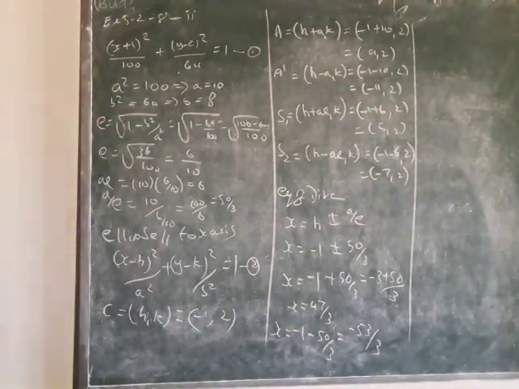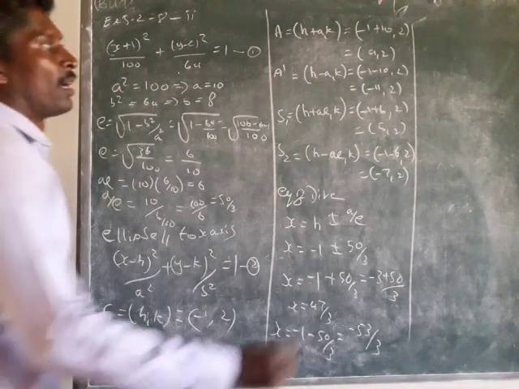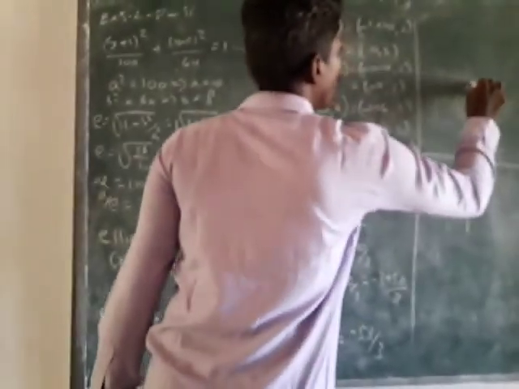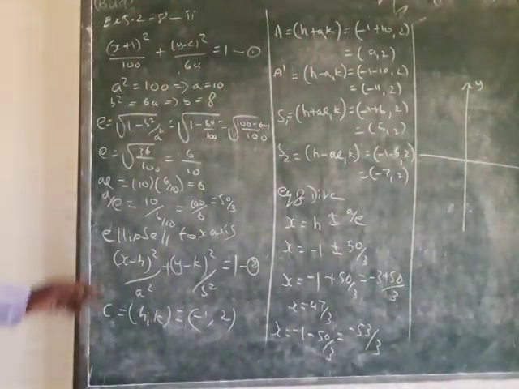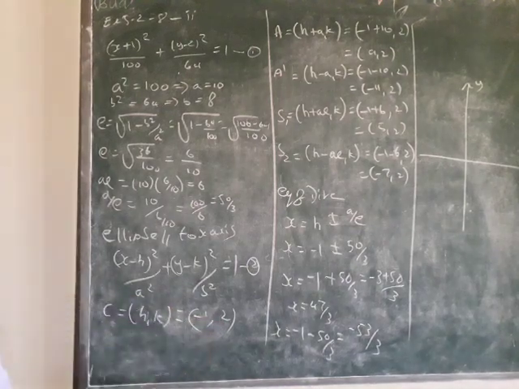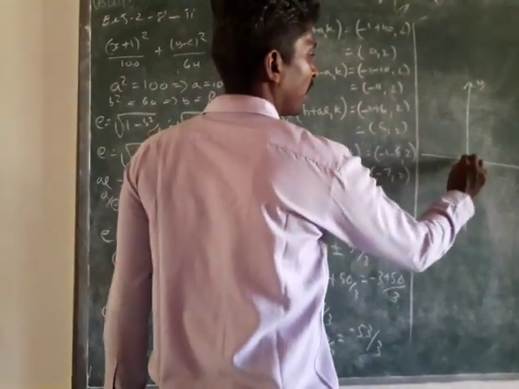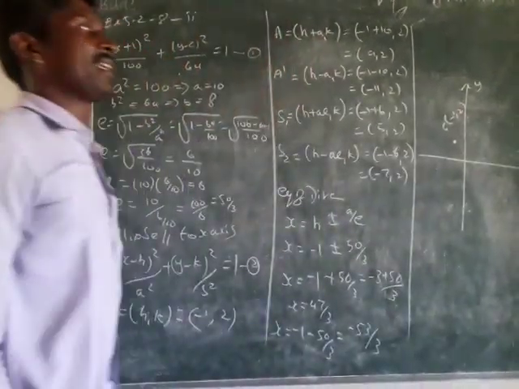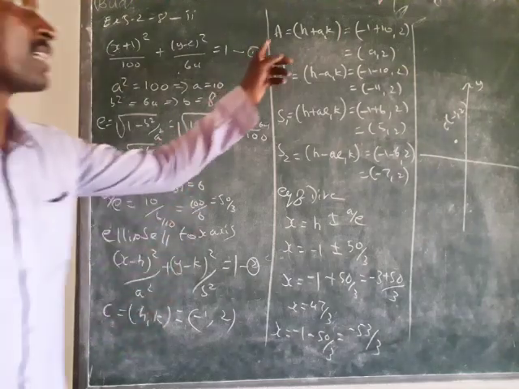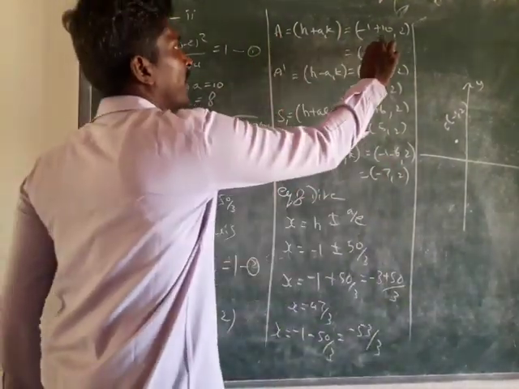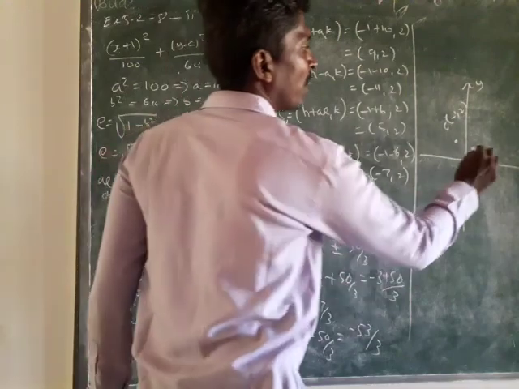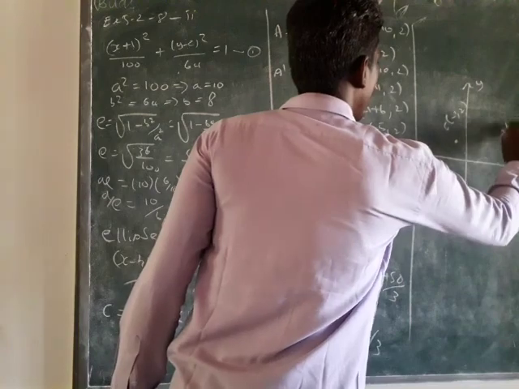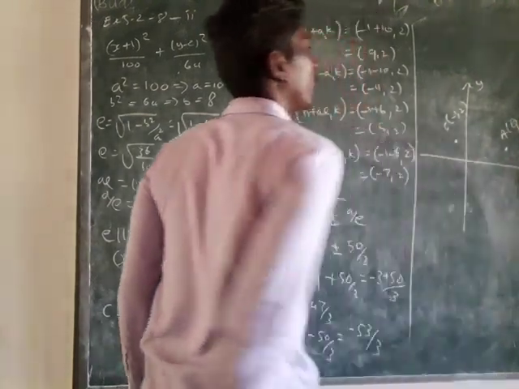So with the help of this information, you draw the diagram. First you draw the x and y axes. What is the center value? The center is minus 1 comma 2. So x value 1, and y value is 2. We mark the center C equals minus 1 comma 2, which lies in the second quadrant. Now go to the vertex A, 9 comma 2. Vertex A is 9 comma 2, so on the x-axis 9, y-axis 2. So approximately A is 9 comma 2.